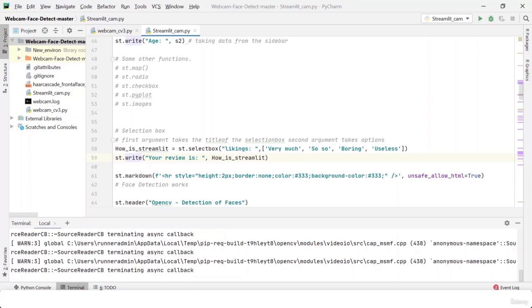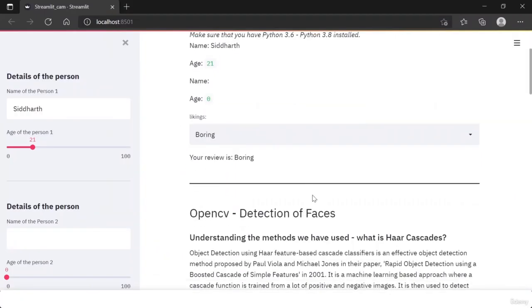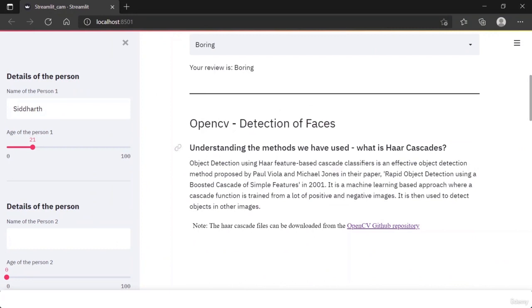Write has the smallest font value, doesn't have any italics, doesn't have any bold, simple writing. This can be used, say, when I have defined a topic and a subtopic, and now I want to explain my subtopic. So I'm using the dot write function, and inside that I'm just writing whatever I want to portray on the Streamlit interface itself.